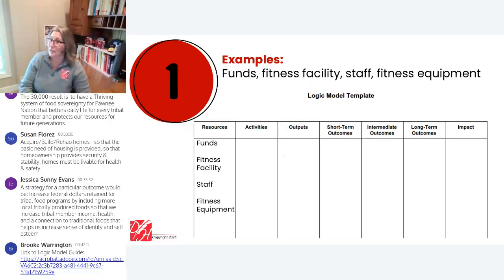I have a short version on the screen for you as an example. If we continue with my example about improving health, right? We had nutrition and exercise and stress reduction as our 3 strategies to get to that result of the improved health. Our resources that we might list in that example: we need to have money. We need to have a fitness facility so that we can have those exercise classes. We need to have staff who are going to teach people how to use the equipment and maybe teach some classes. We would need to have some fitness equipment